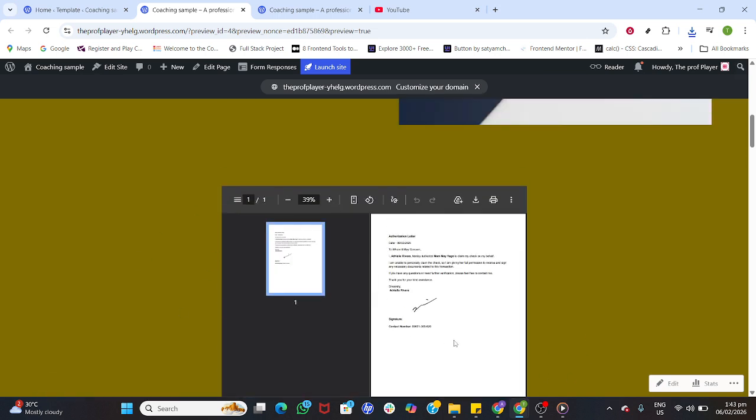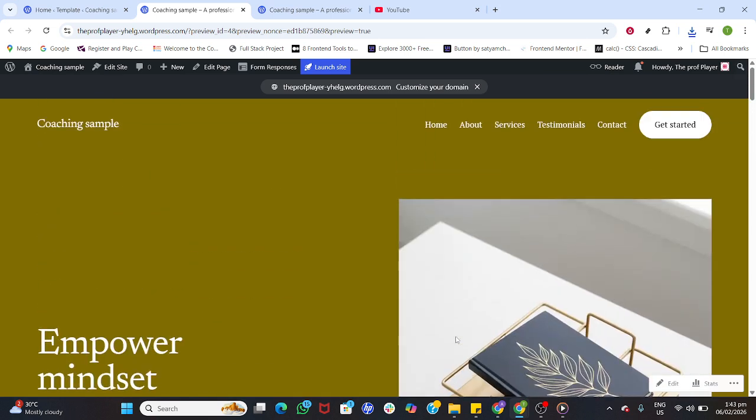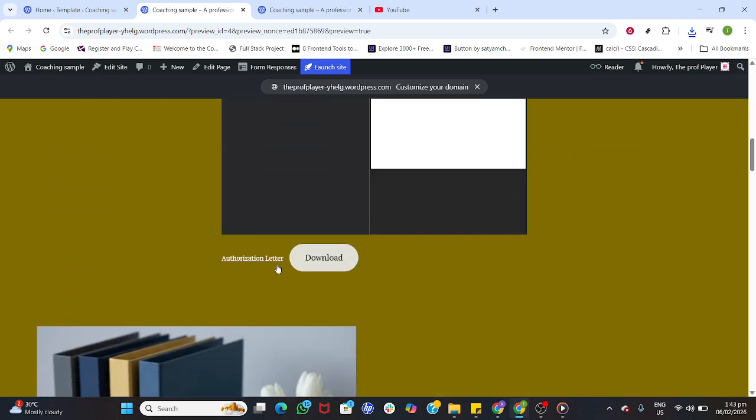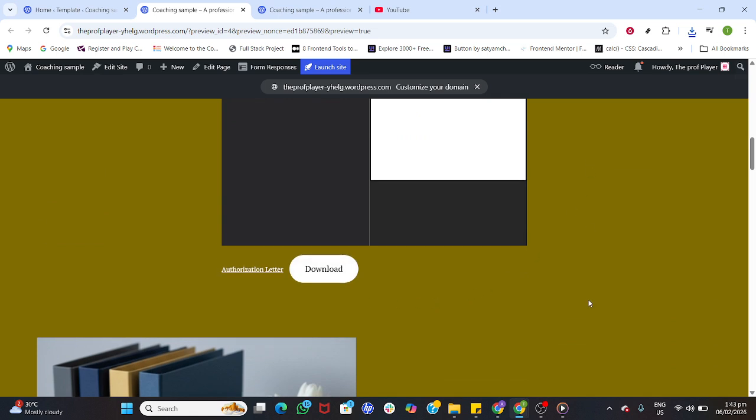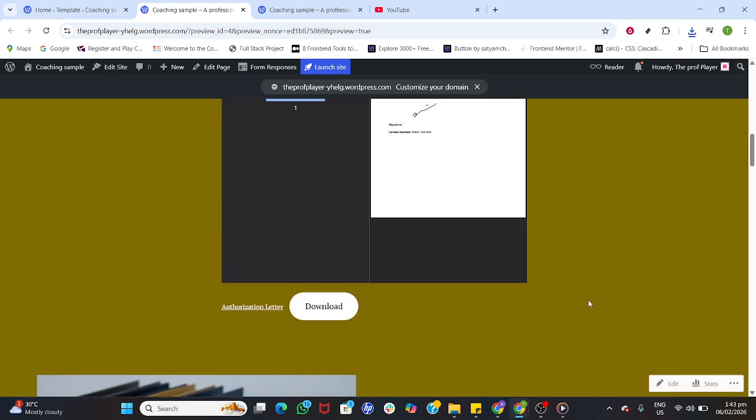If it doesn't work as expected, double-check the URL you pasted, confirm the file is publicly accessible, and make sure the file type is allowed by your site. If the file is large, consider compressing it for faster downloads. That's it, your downloadable file is now live and easy for